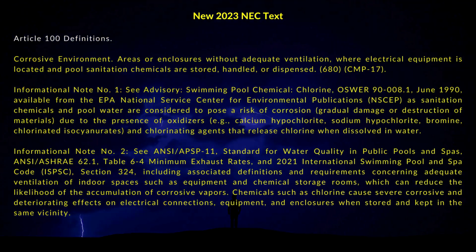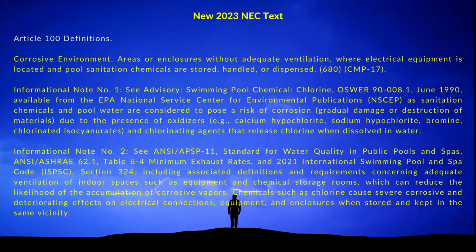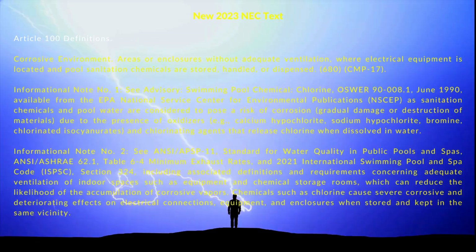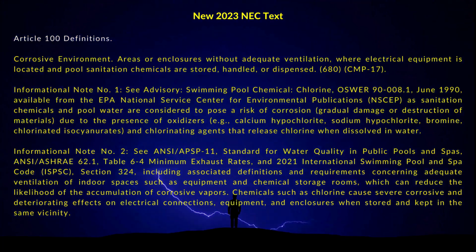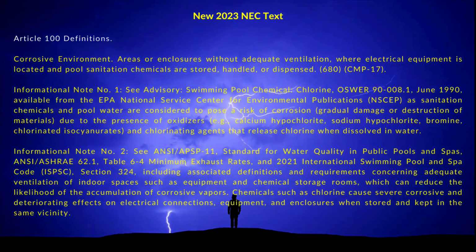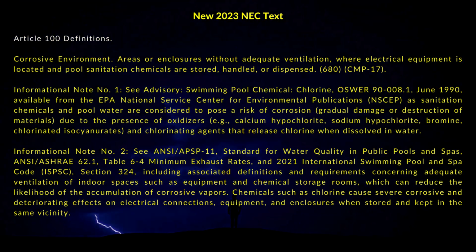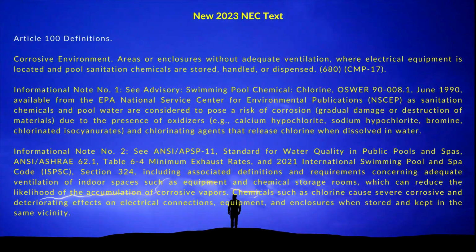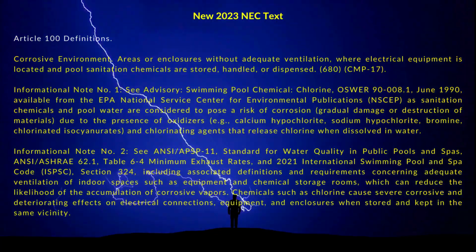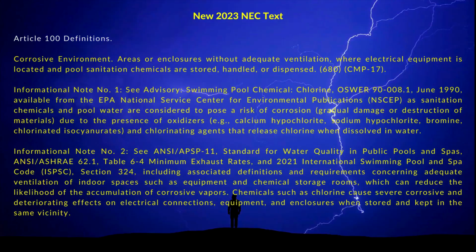as sanitation chemicals and pool water are considered to pose a risk of corrosion, gradual damage or destruction of materials, due to the presence of oxidizers, such as calcium hypochlorite, sodium hypochlorite, bromine, chlorinated isocyanurates, and chlorinating agents that release chlorine when dissolved in water. Informational Note Number 2 states that, see ANSI/APSP-11, Standard for Water Quality in Public Pools and Spas,